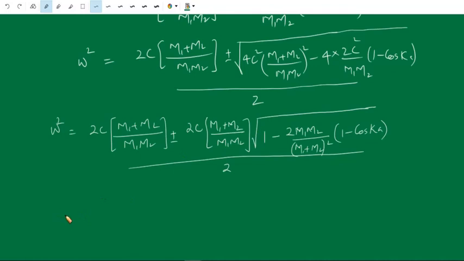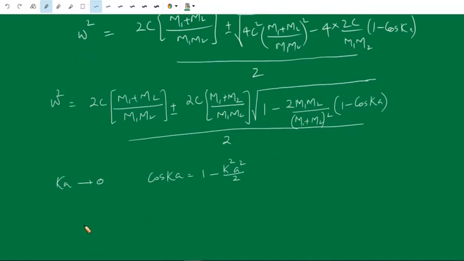Now we can take the limiting cases of omega square, that is when Ka is very small. What is cos Ka? Cos x is equal to 1 minus x square by 2 factorial plus x raised to 4 by 4 factorial, etc. So when Ka is very small, we can write cos Ka is equal to 1 minus k square a square by 2 factorial. So this omega square is equal to